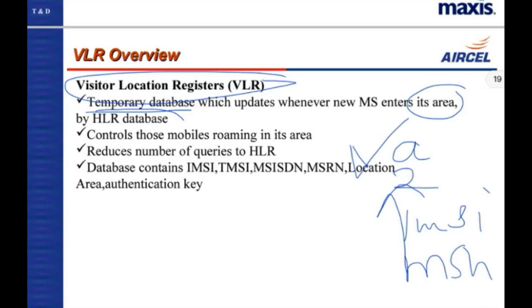It controls the mobile roaming in its area. Generally roaming is considered as when you are out of the country, but in a more specific case, we consider you roaming when you are within this area. Visitor location register is a temporary database. It controls the customers that are roaming in a given area, and it contains the IMSI and